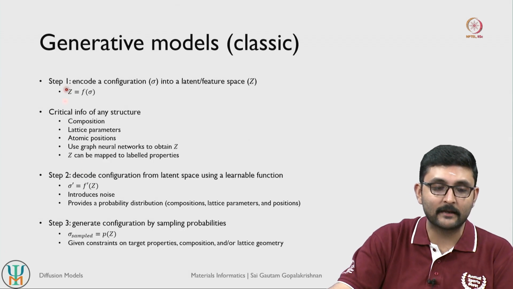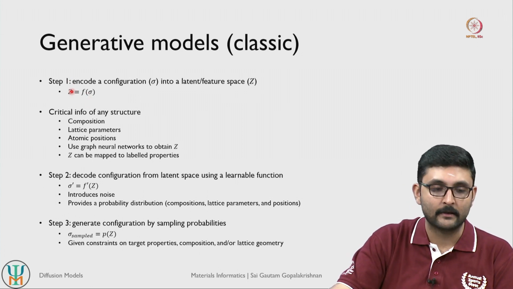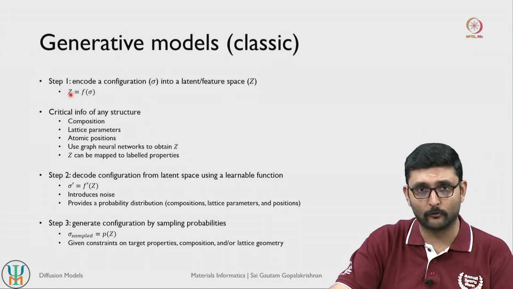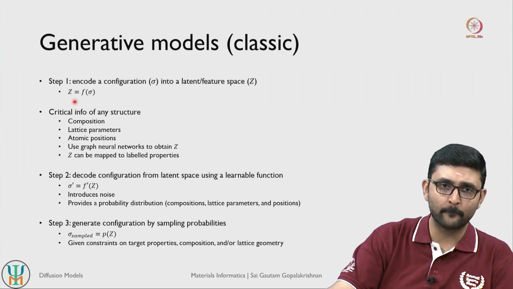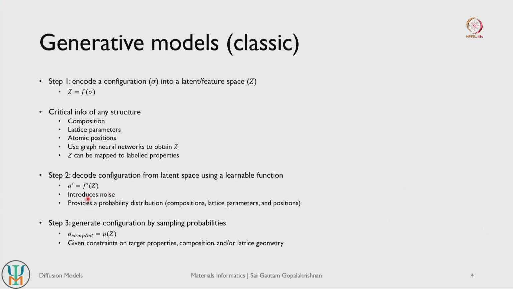Second, let us say you are given an embedding space, can you get back the structure? This process of getting embeddings from a structure is called encoding. If you would like to get the structure back from a set of embeddings, that is called decoding, right. So we would also like to decode this embedding space to generate suitable structures or configurations, and this is important if you want to create a generative model.